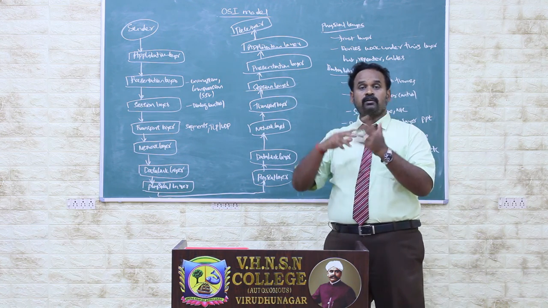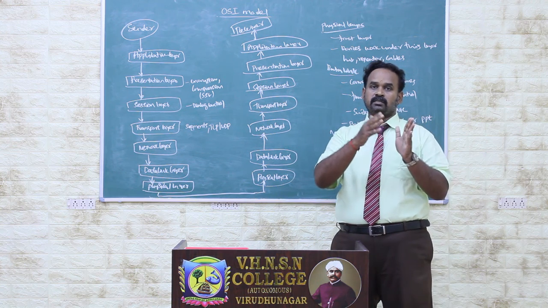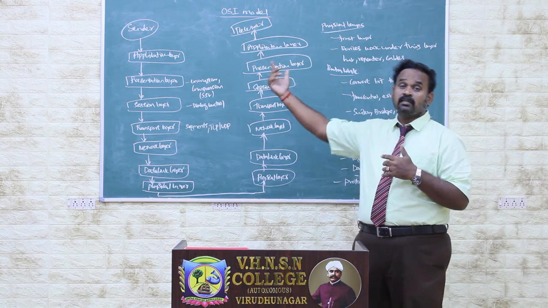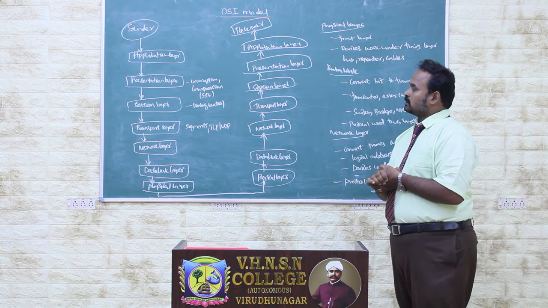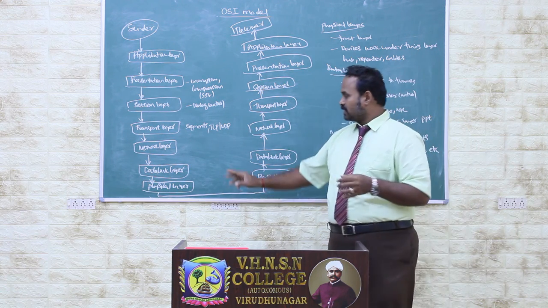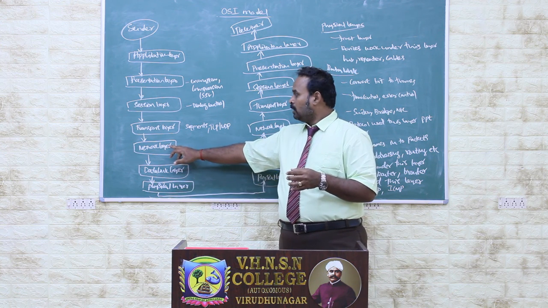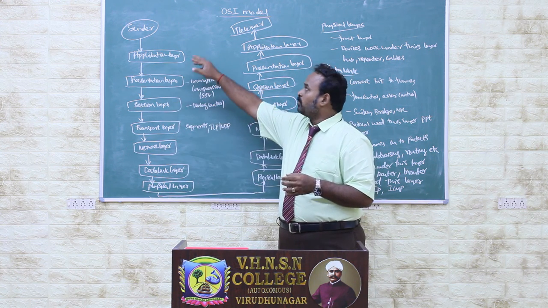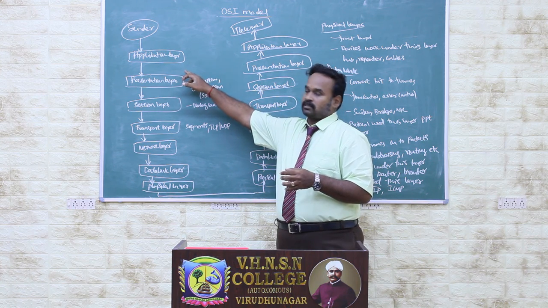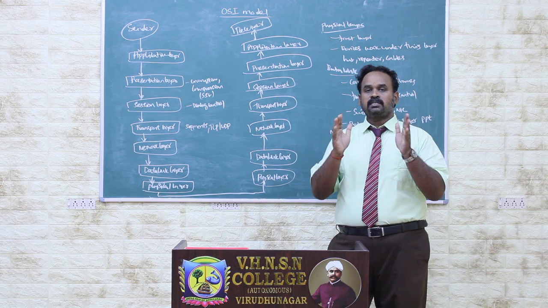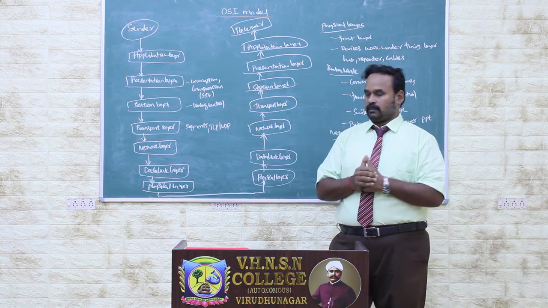The sender sends data to the receiver. When data travels through the different layers, finally it reaches the destination. The first layer is the physical layer, the second layer is the data link layer, the third layer is the network layer, and it goes on. The upper layer is the application layer. Here we are discussing each and every layer's functions.